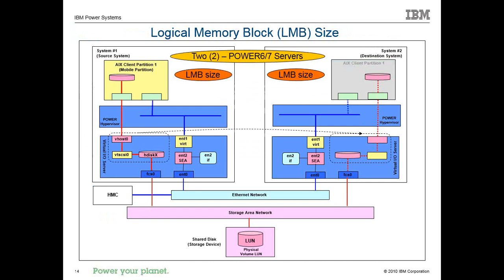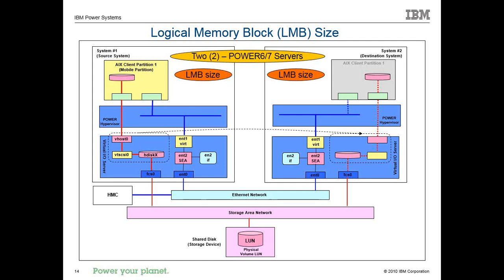Okay, this is a requirement here between your source server and your destination server. We have something called the memory region size, and on most of our larger servers, the memory region size is 256 megabytes. That means I can create a partition with 1 gigabyte or 1.256 gigabytes. My granularity on the size of my LPAR is 256 megabytes. So that's what they call the memory region. Well, under the covers, we call that the logical memory block size. So you'll see both LMB and memory region referred to.